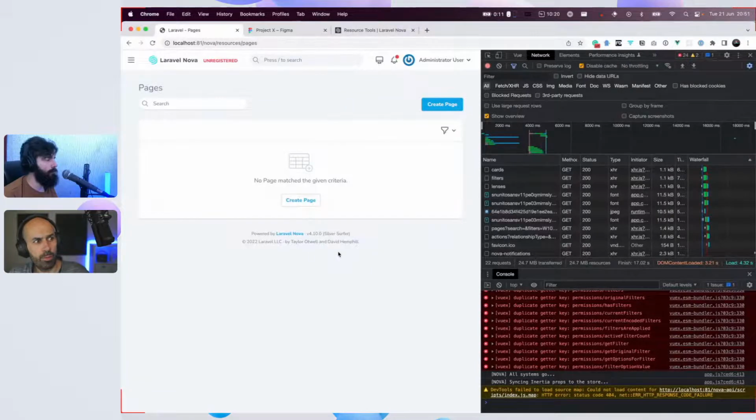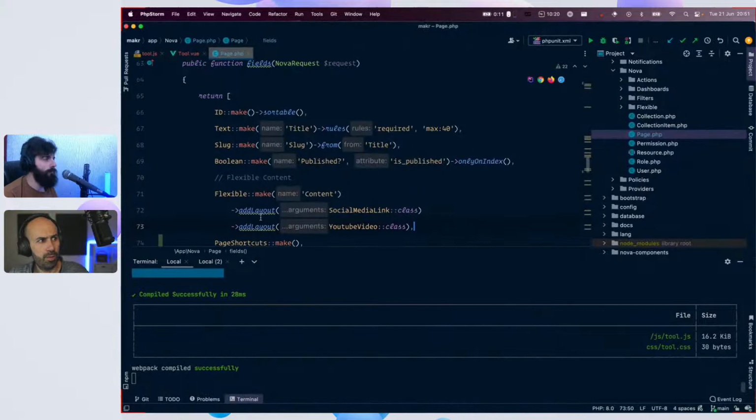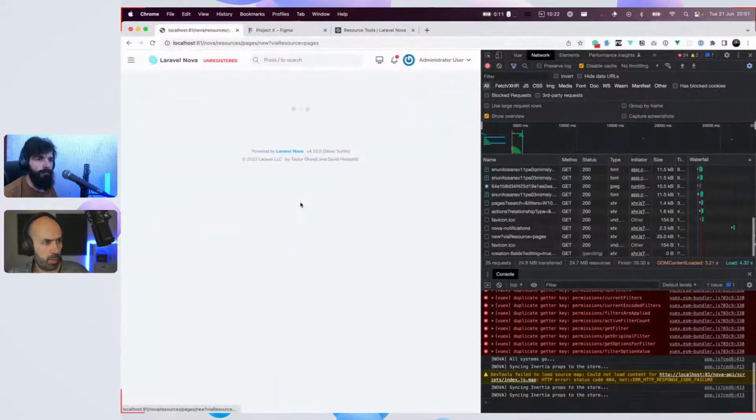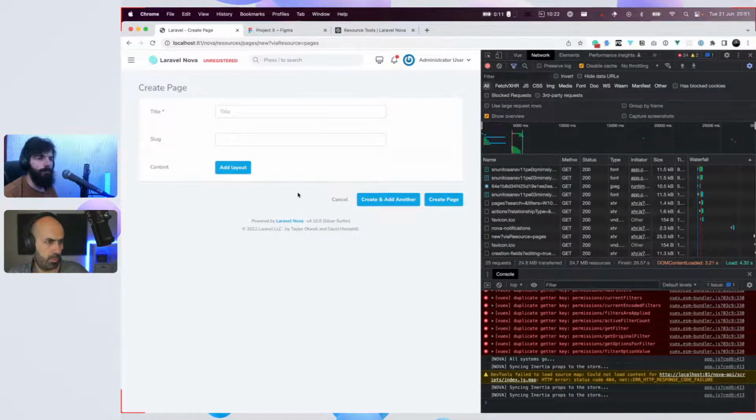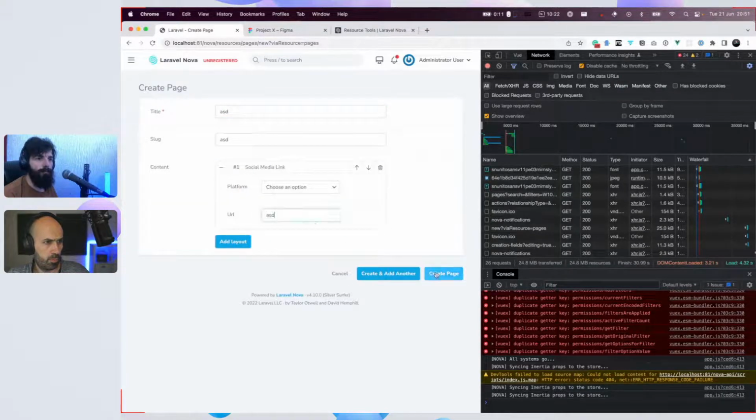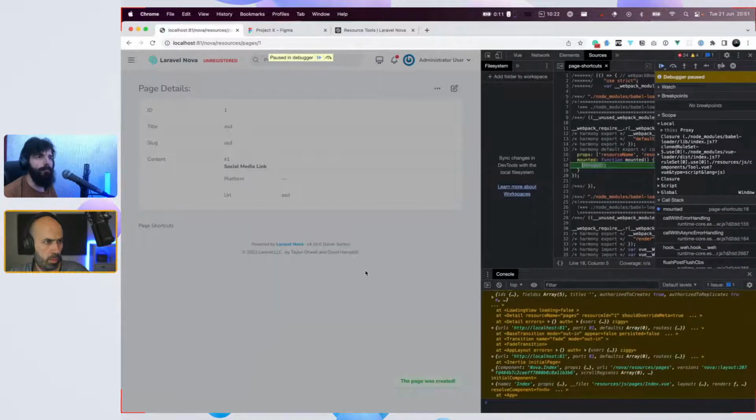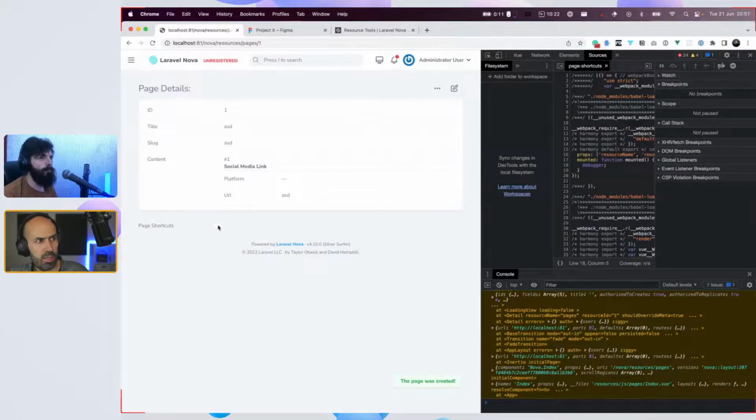Oh, wait. No, but if it's a field, I'm expecting it to, yeah. Ah, now we have it. You see? It's in the page detail only, not on the page. Okay, maybe there are some flags.